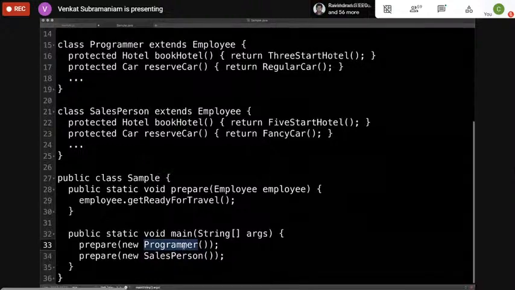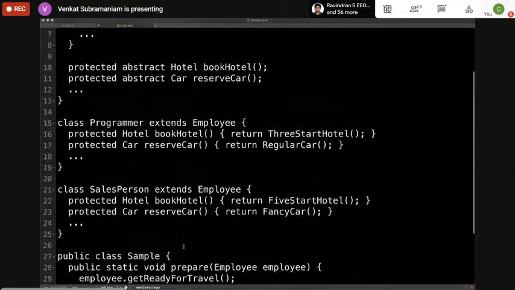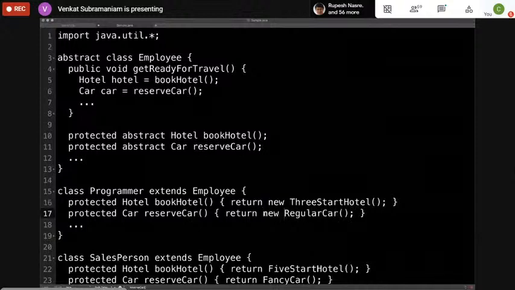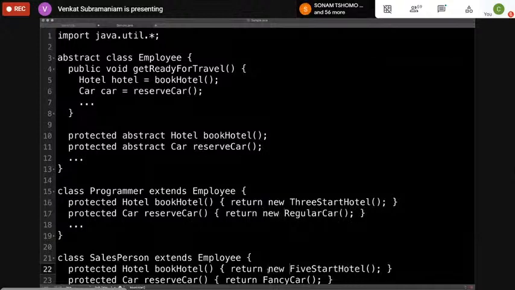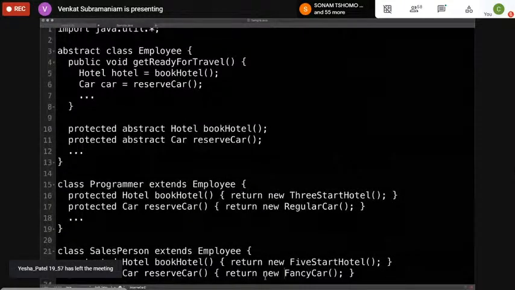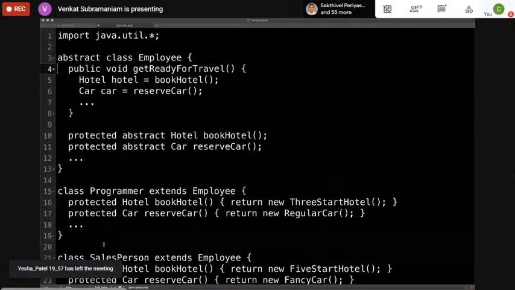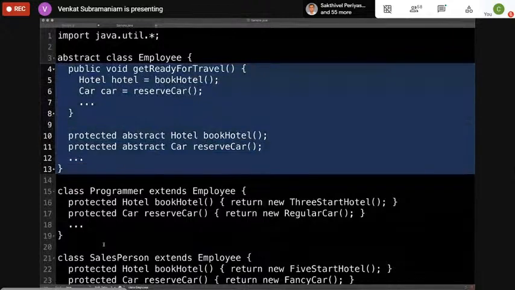So if you look at the solution, what did we do? Notice one more time, we abstracted the creation of these objects to a different place. So this is new and new. But those are isolated from the employee, which is simply saying, I don't care about the specific ones you create. If you want to go to a travel, here are the things you need. I'm going to prepare them. Now, how does this really look?